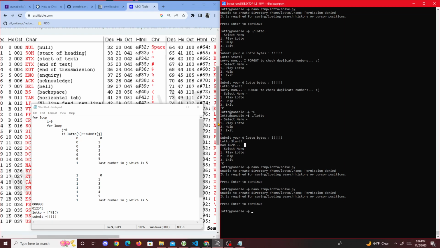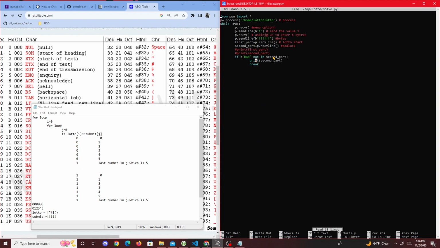So that's what I have right here. If I go back to my code, if bad is not in the second part, which prints out bad luck, we could assume that we have the flag and it prints out the second part. So what it's basically doing: it prints out the menu, we send in a value, it asks us to enter 6 bytes, then we give it the 6 bytes, it prints out lotto start, then it prints out bad luck. That's either going to contain bad luck or the flag. And if bad luck is not the second part, that means it contains the flag, and it prints out the flag for us. But if that's not the case, it goes back to the menu option,